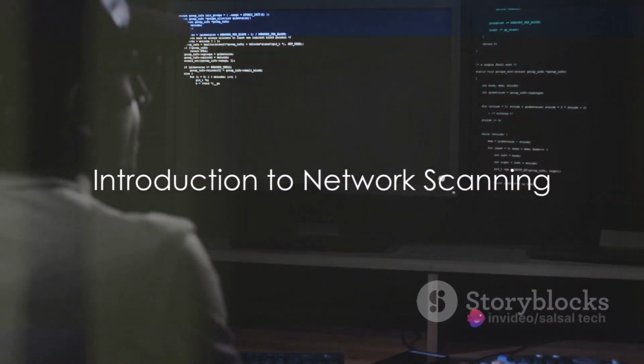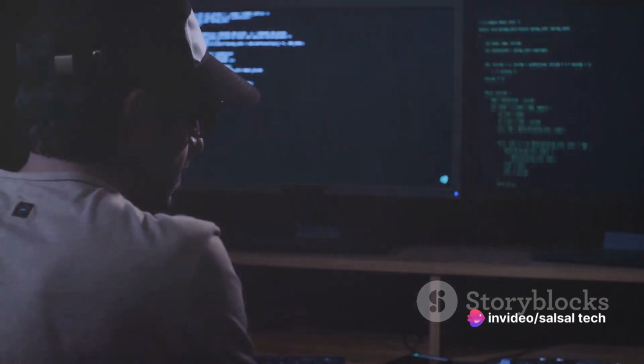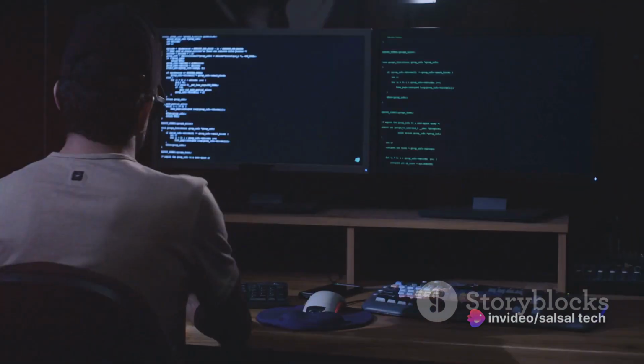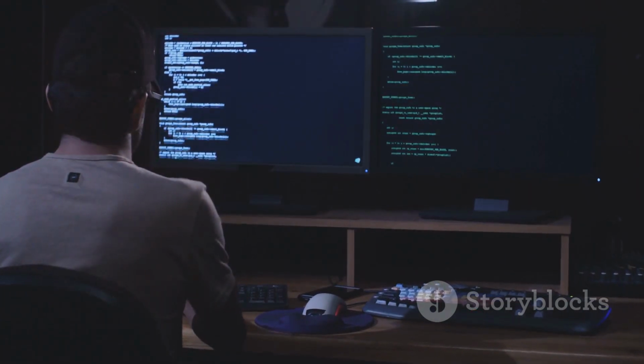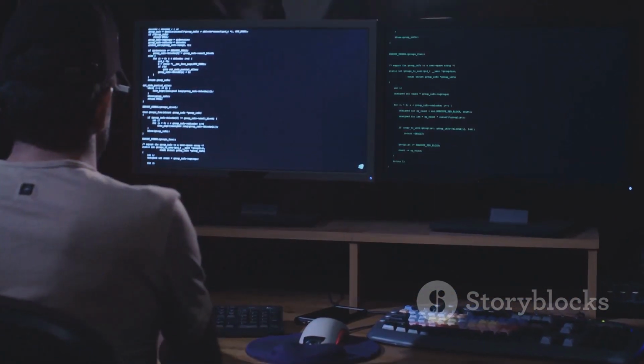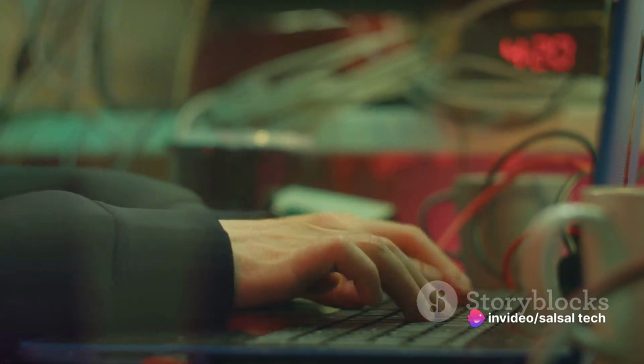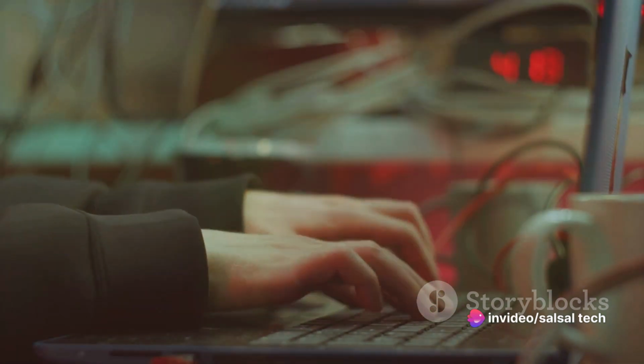Ever wondered what network scanning is or how it's used in ethical hacking? Well, let's dive into it. Network scanning at its core is a process that allows us to understand a network's architecture and identify any potential security vulnerabilities. It's a bit like a detective sifting through clues, looking for any signs of weakness that could be